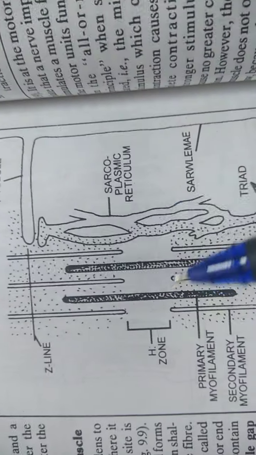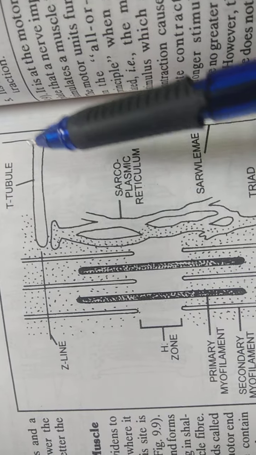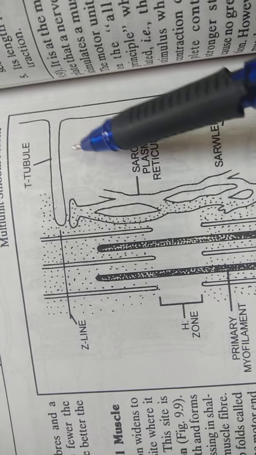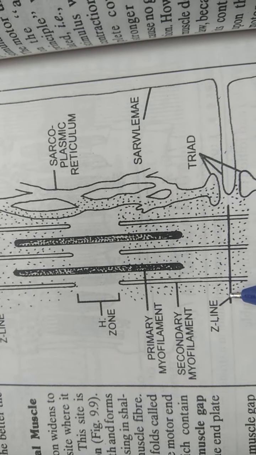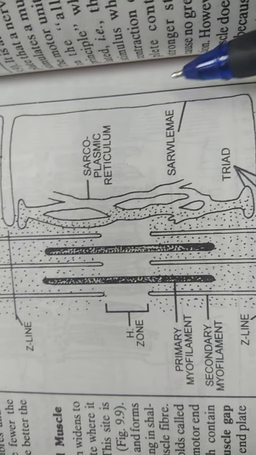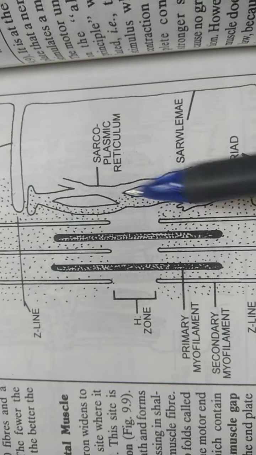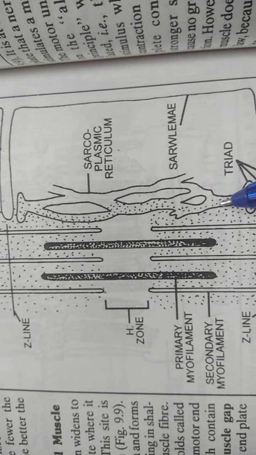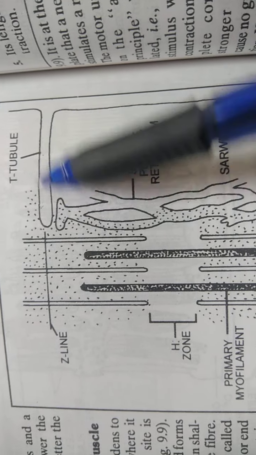See, here you can see a sarcomere in which I'm showing you invaginations in the form of T tubules, and these are continuous. This is what I was saying, continuous with the Z line. One Z line here, another Z line here, so they are continuous with the Z line, and externally they are continuous with the ECF, which is present outside, whereas inside there is a system of sarcoplasmic reticulum. So you can see sarcoplasmic reticulum here. Now this sarcoplasmic reticulum forms a protuberance near the T tubules.